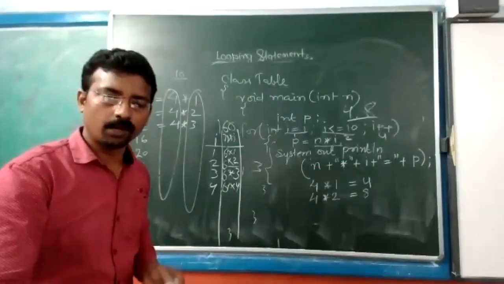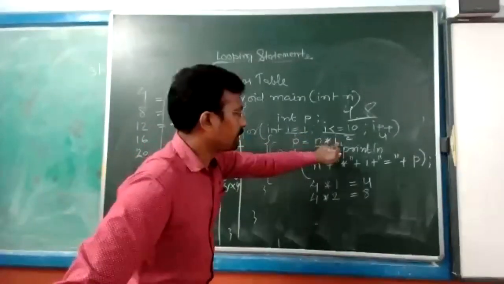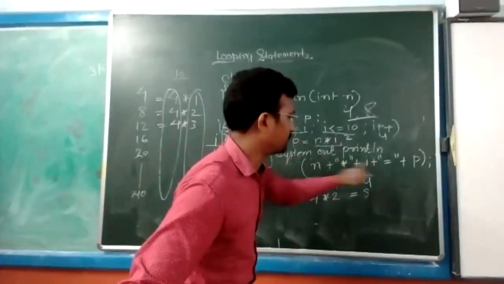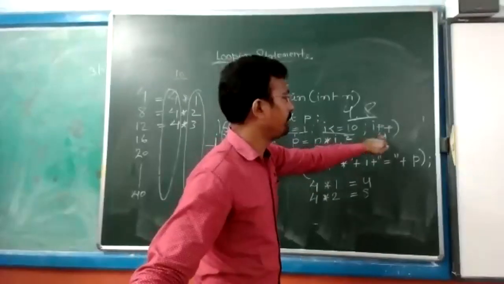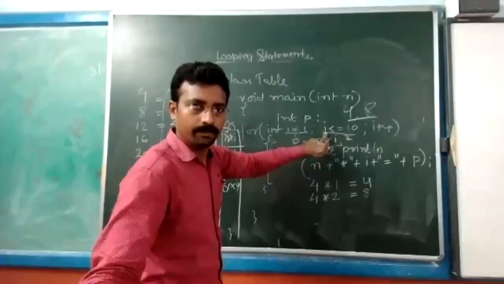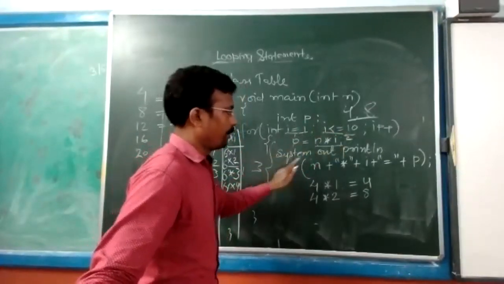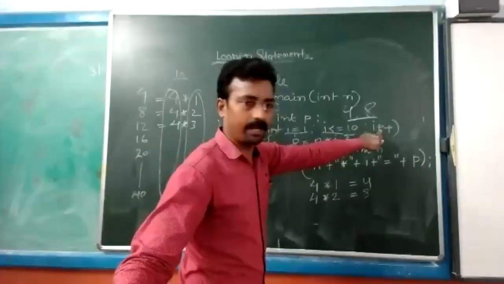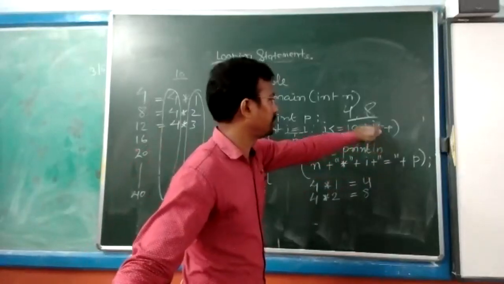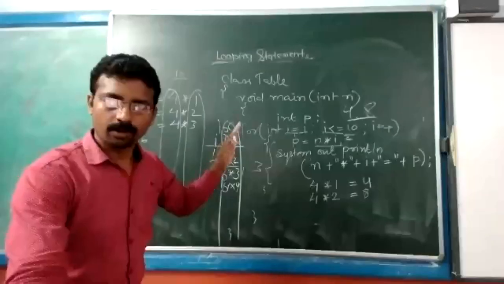See, I will be 1, I is coming, n is 4, 4 into 1, 4, printing with the result. After that, going there, I will be 2 now, and this 2 is coming here for checking condition. Means this will be checked here, then will come inside, will print the result, will back for updation. Again, will check the condition, will come inside, will back for updation, will check condition like this. Got it?